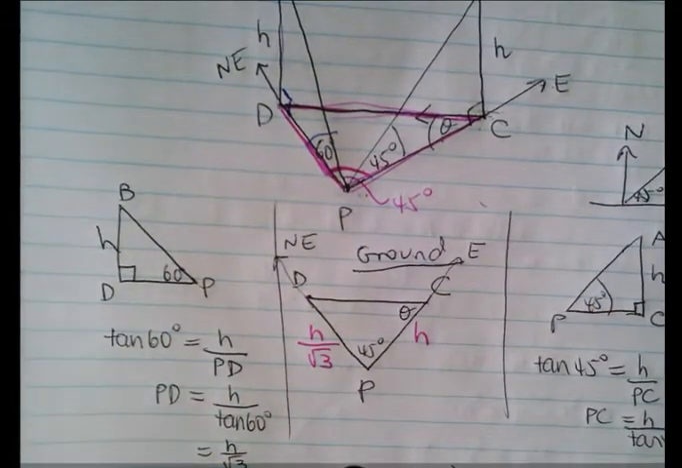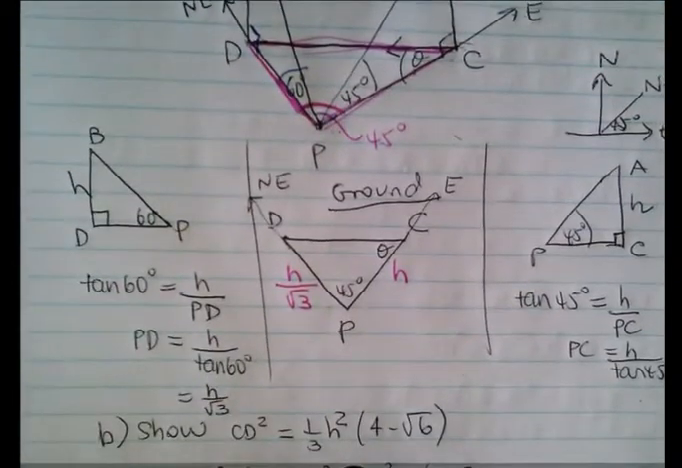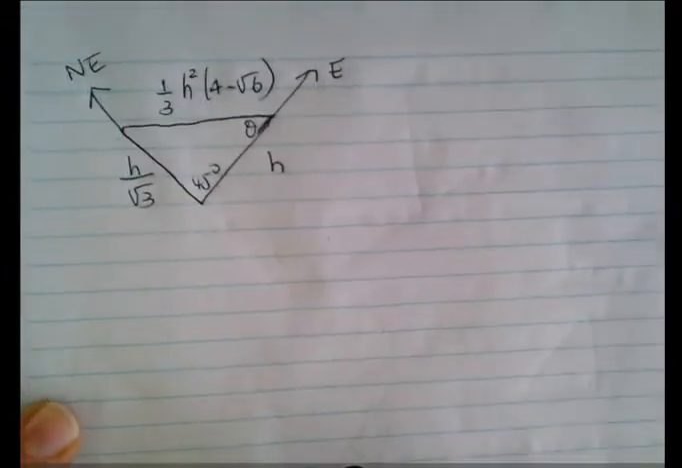So we need to find that out. So I'm going to go to another page. All right? So this is what I've got. I've got 45 degrees. I do have some side lengths. I know that CD squared is a third h squared, 4 minus root 6. I know that this length is h. This is h on root 3. I know that this is east, and I know that this is northeast. And I want to find this angle there. Sorry, you can't see what I'm doing. That's what I've got. Now,